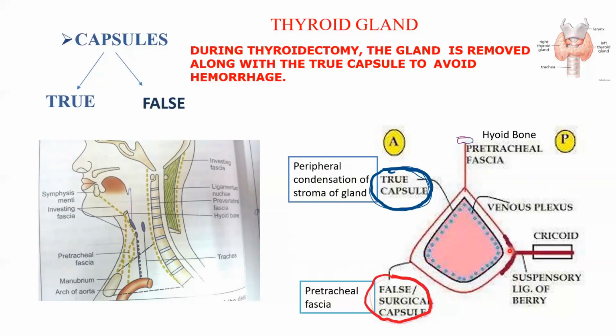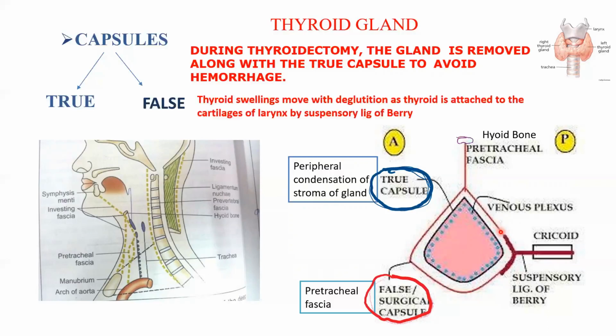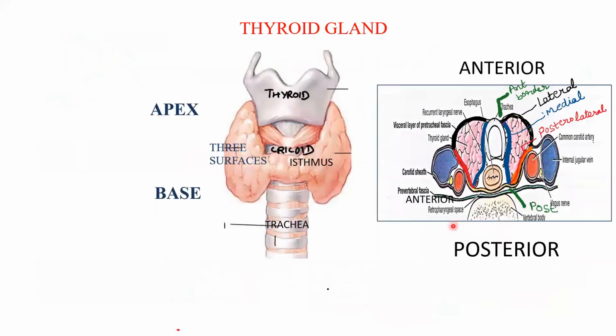That is, if a patient presents with an anterior swelling in the neck, and we ask the patient to swallow, and we observe that the swelling is moving along with deglutition, that is definitely that of the thyroid gland. So, two layers of capsules around the gland: the inner true capsule, whose relation to the venous plexus is clinically important, and the outer pretracheal layer, that is the false capsule, which allows the mobility of the gland. Now the gross relations of the gland.